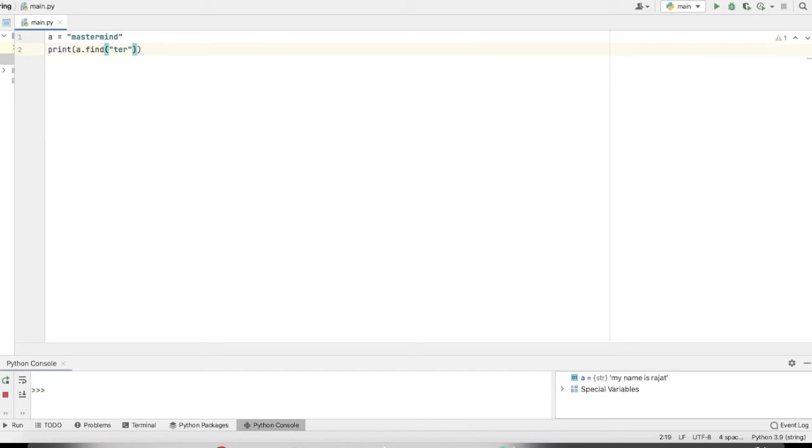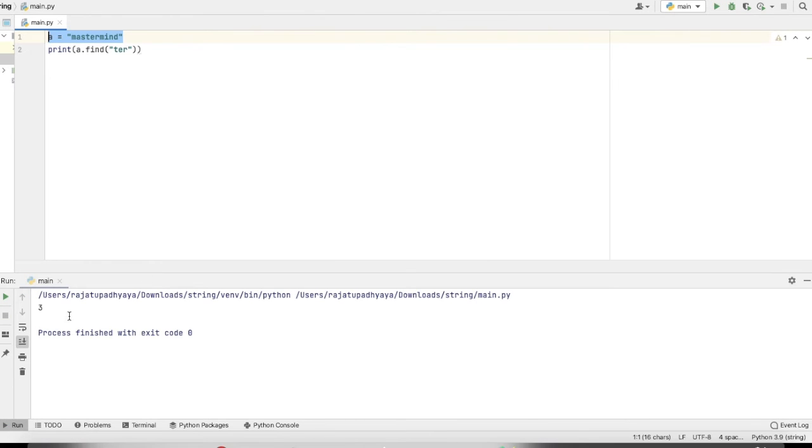If that substring is present, then it will print the first occurrence of that substring, otherwise it will print -1. What is the first occurrence? Here you can see 0, 1, 2, 3. TER is coming at the third index, so it will print 3 if that substring is present in this string. Let me run it. Now you can see it is printing 3.